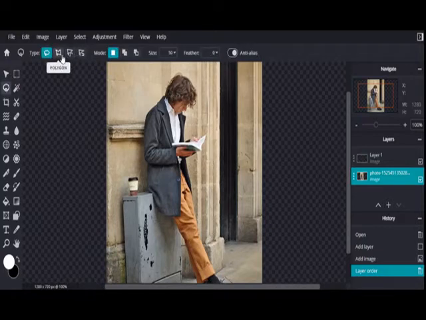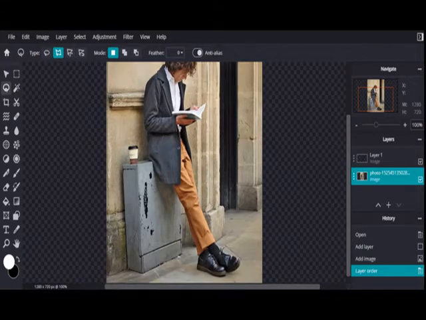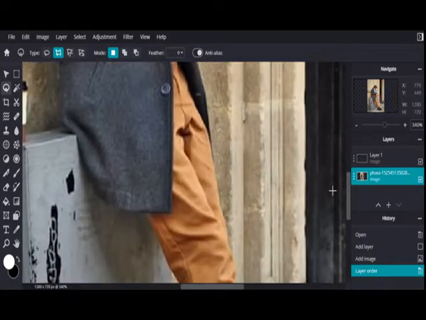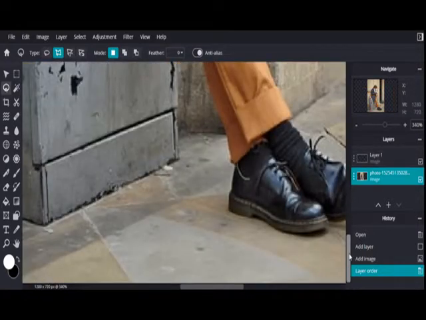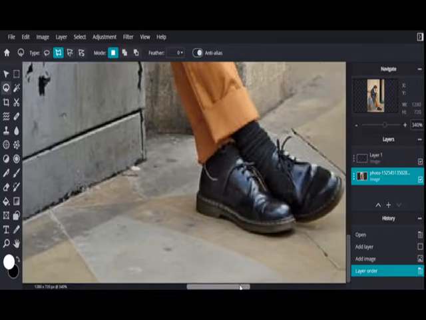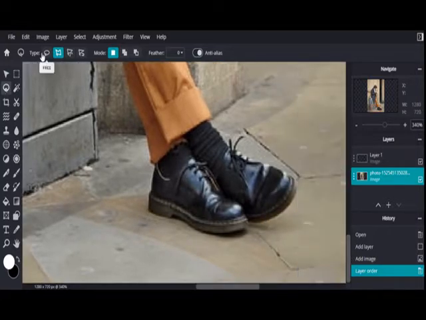And in the lasso tool, I have different options. I have selected the polygon one, as you can see. Now I will click over here, and let's get started.